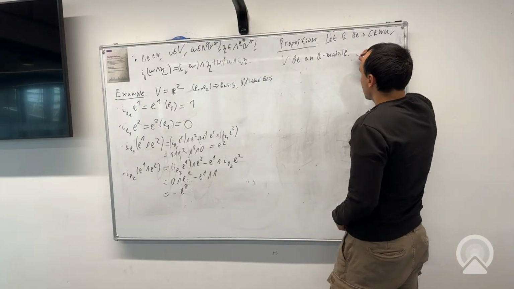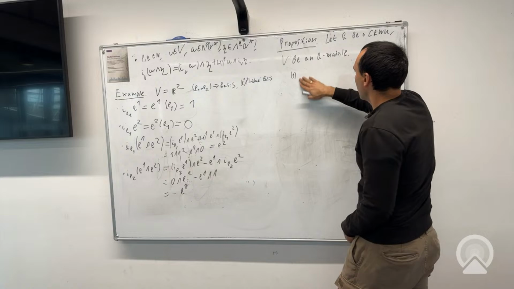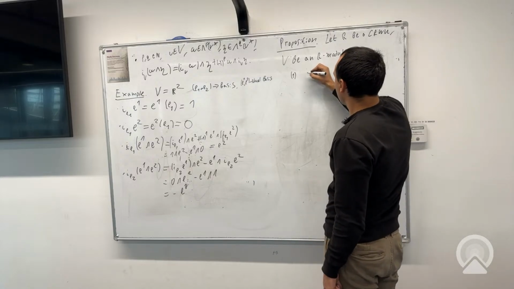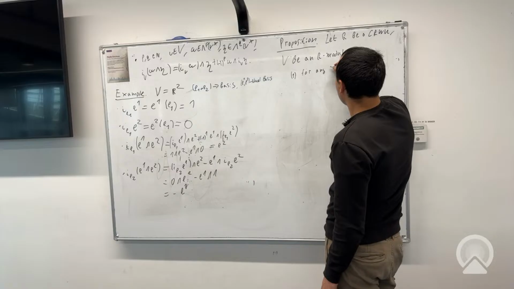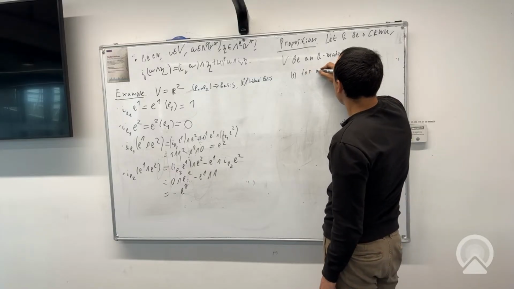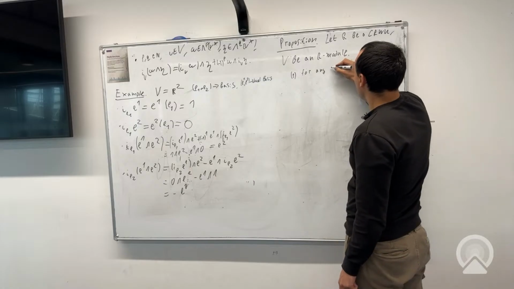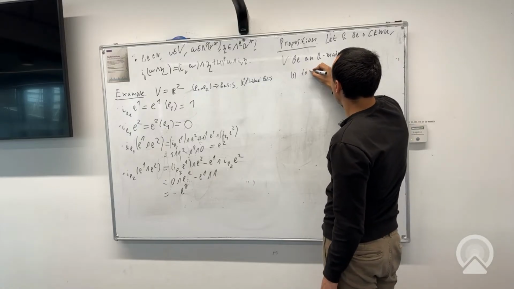Then we have two things. First, for any V, for any V, for any